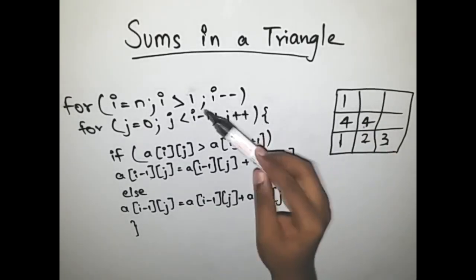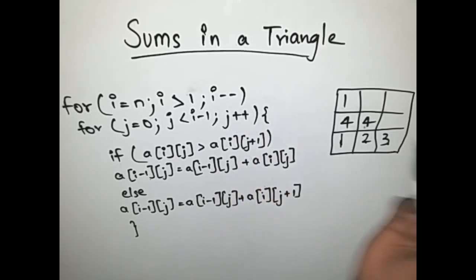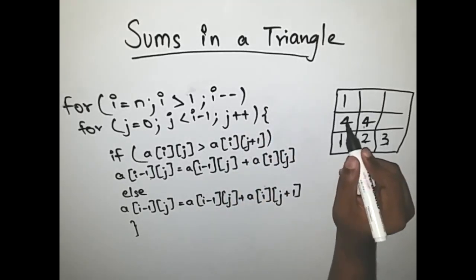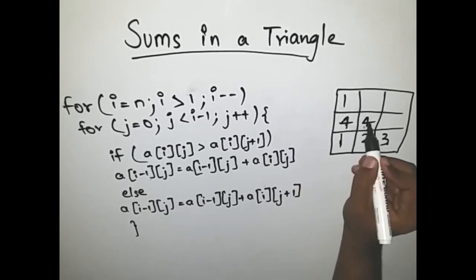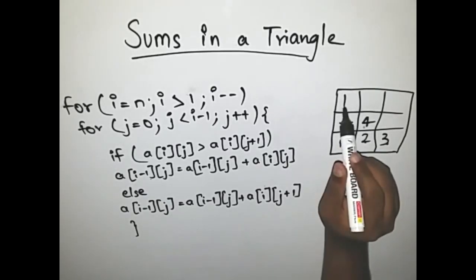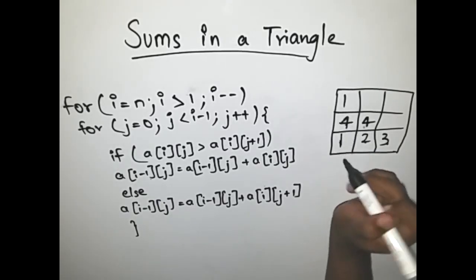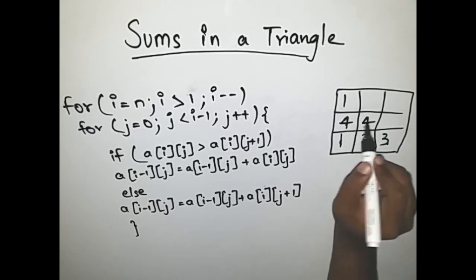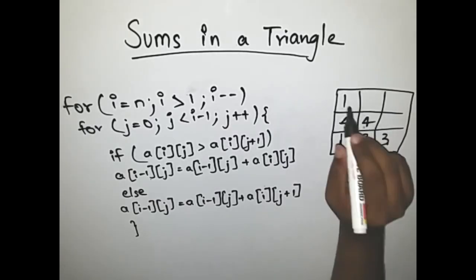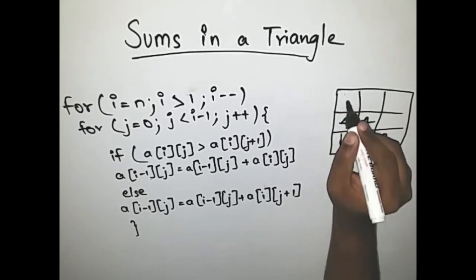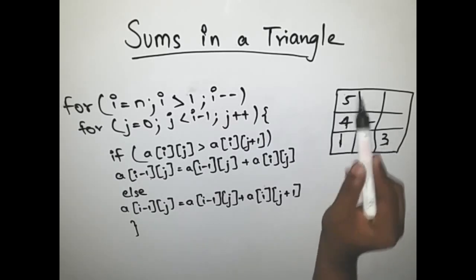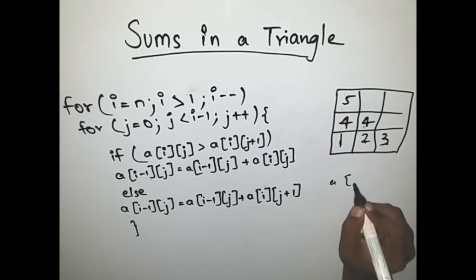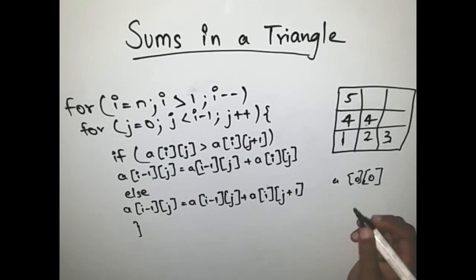We come out of the for loop with j, and I gets decremented. So we're talking about this element now, where a of i j is 4. We find the maximum of a of i j and a of i j plus 1, and then we add it to a of I minus 1 j and store it in a of I minus 1 j. The maximum of 4 and 4 is 4, so we add it to 1 and we get 5. So this is how you solve it, and we get the answer to the problem in the first element, that is a of 0 comma 0. So this is how you solve this problem.